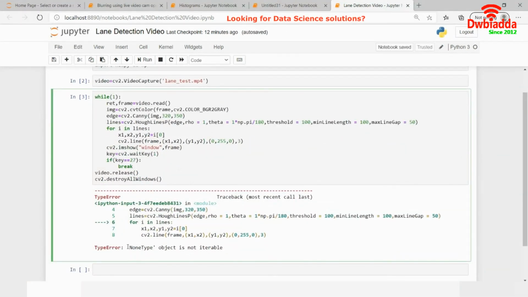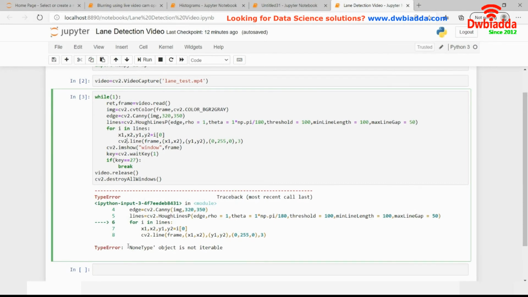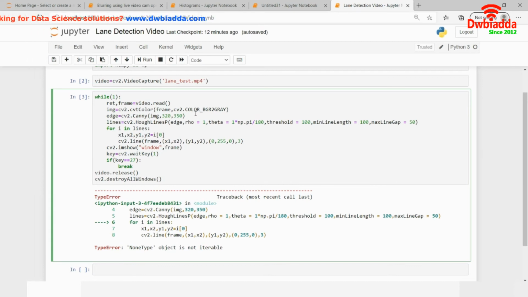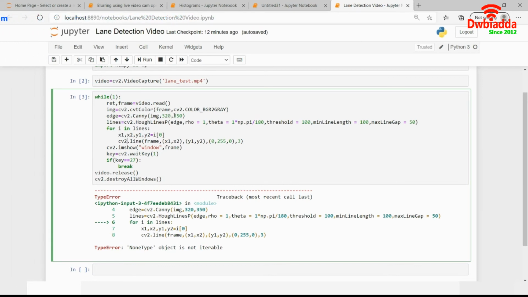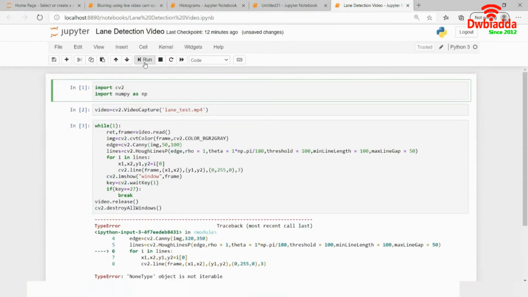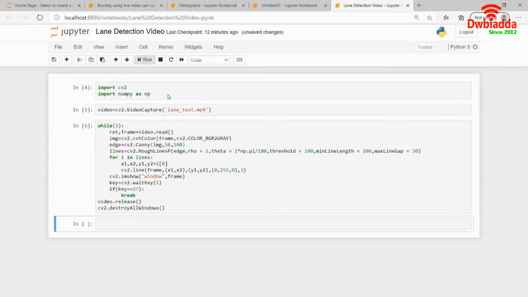What is happening over here is that there are no lines, and that is why it tells me that it's not iterable. So you could add a condition that if lines is equal to None, let's just ignore it or continue. Because you're using a high Canny edge value, this won't actually give you an error if handled. If I use a lower Canny value, this video will run perfectly fine, but then there will be a lot of noise, which is not what we want. But anyhow, let us see how this value performs.